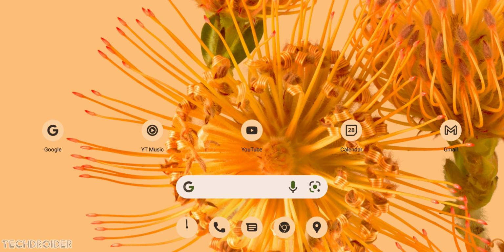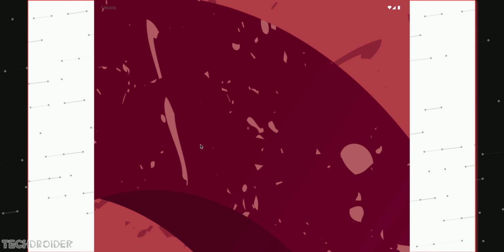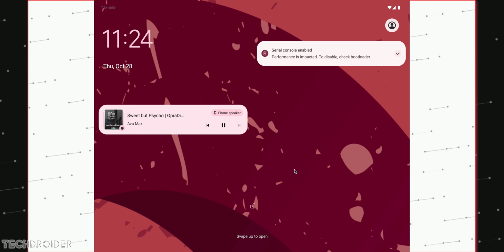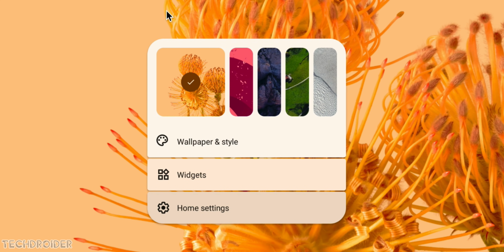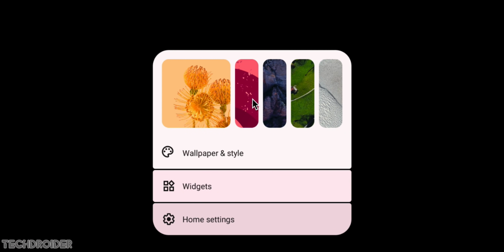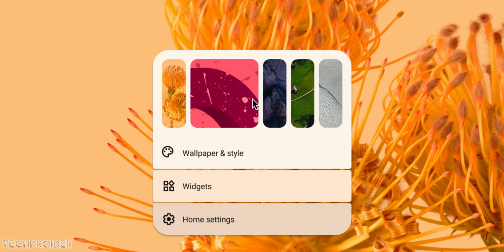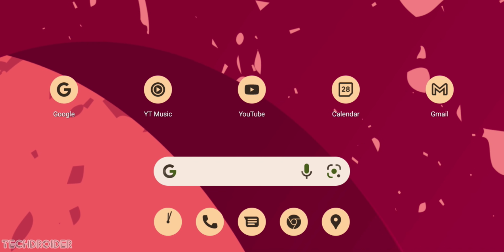Now kicking things off with the lock screen, in different orientations we have different styles. Horizontal is a large space and 12L shows more content. Vertical is like a small space and it shows content like this. In the home screen there is a massive change. You long press the launcher and you can now see what we have, a quick wallpaper picker which you can enable from the launcher developer flags. And it works so good, you can literally change the background so quickly, and that too with